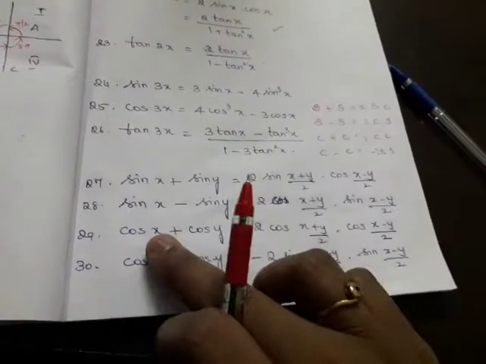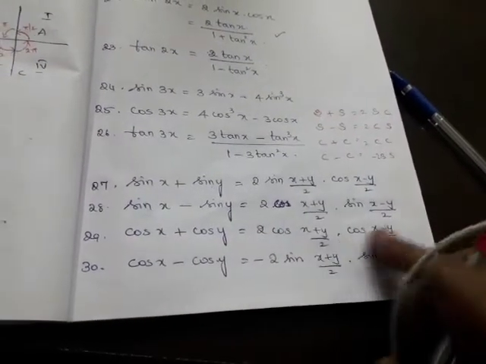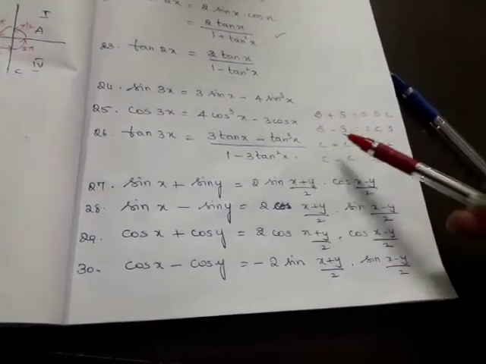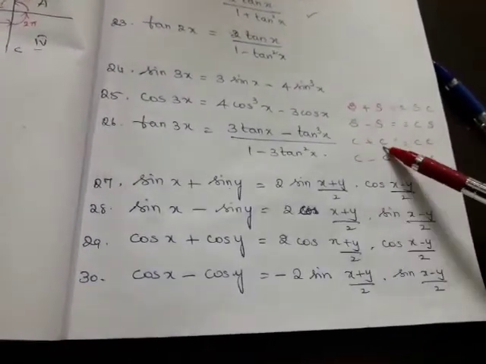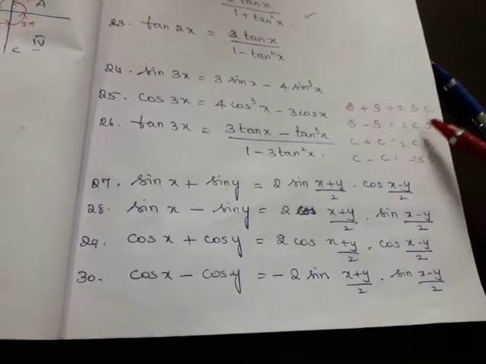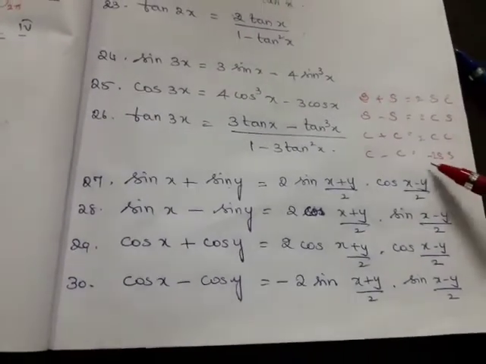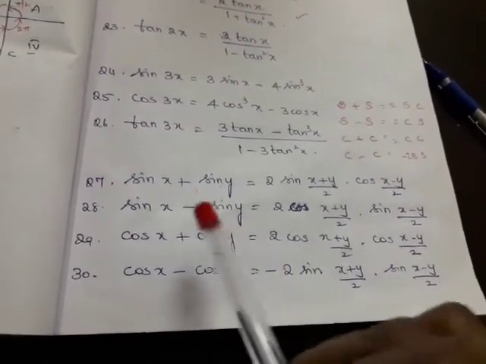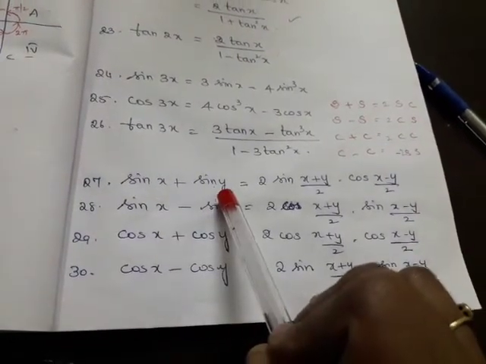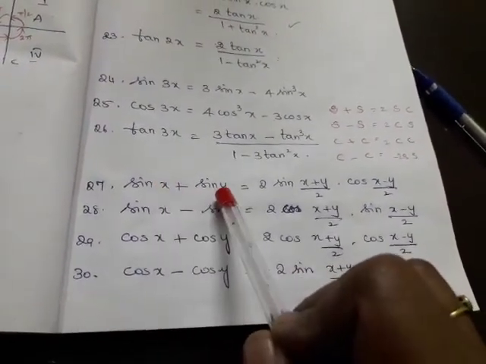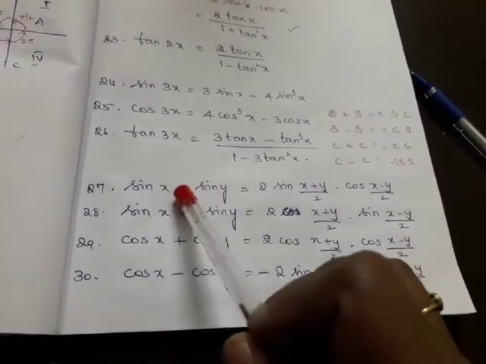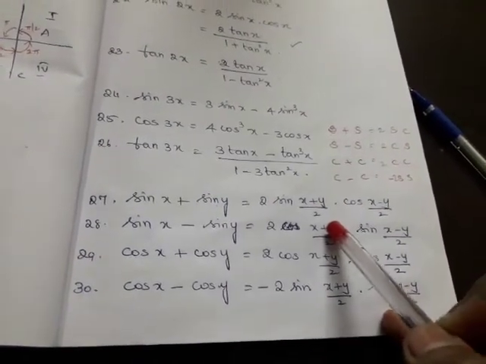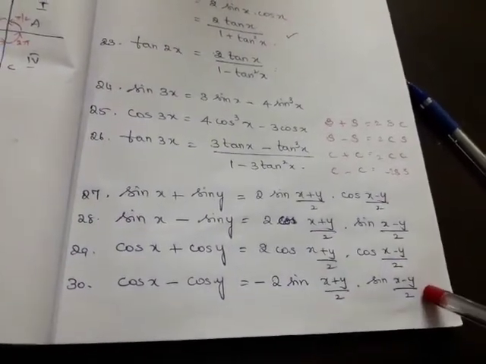C plus c means cos x plus cos y: cos, cos. C minus c means sin, sin, but it is minus. So s plus s, s minus s, c plus c, c minus c, s c, c s, c c, s s minus. In this way you can remember. And one more thing: when you have a single angle here in the sum, you should have a half angle. See, when you have single angles, you have to add and divide by 2, subtract and divide by 2.